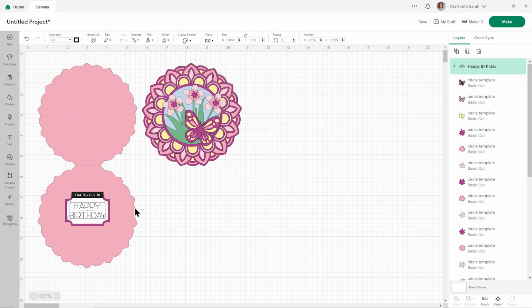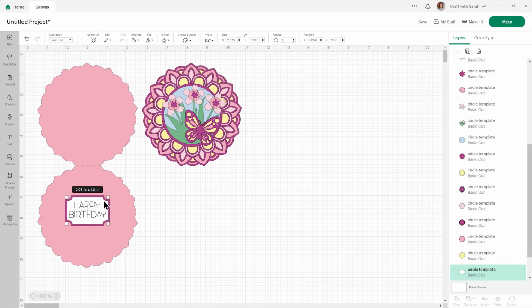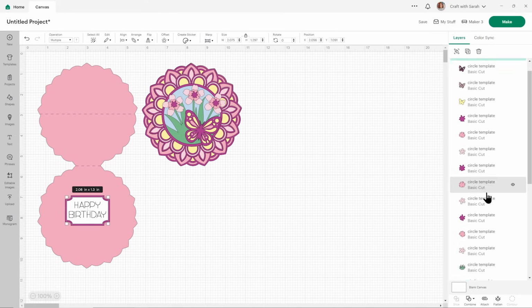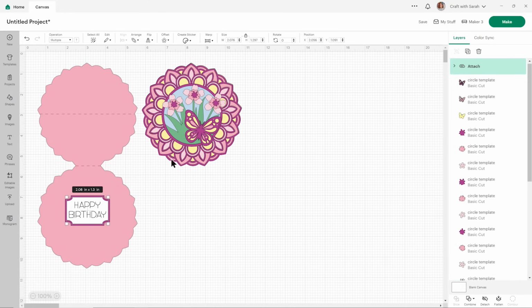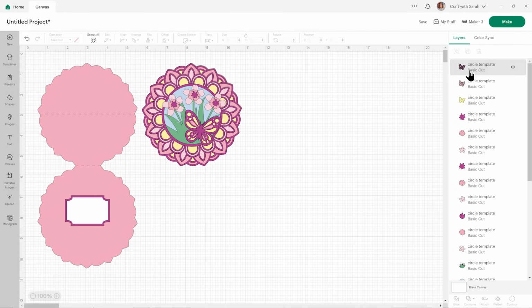And actually, I'm going to move it up a little just so it looks to the eye a bit more centralized. Select both of those again and press attach. That joins the writing onto the shape, so now it will be done on that shape. But like I said, I'm going to leave mine blank, so I'll just delete that one.